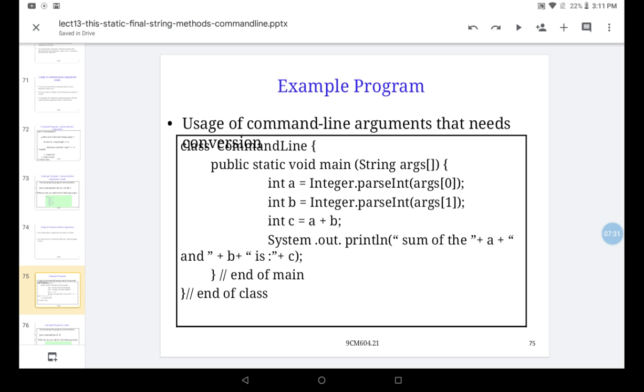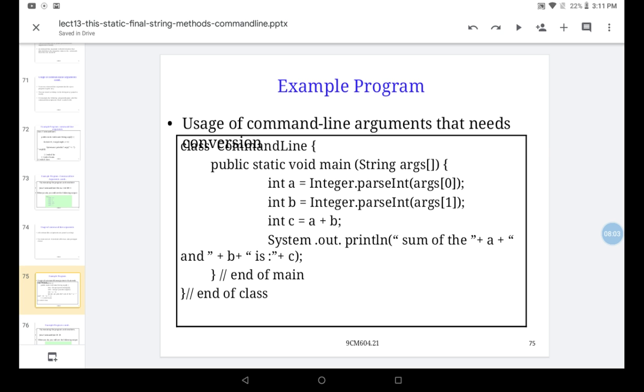We are passing integer dot parseInt of arguments of 0, and that is stored as A. Whatever we pass as the first element is converted and assigned to A. Arguments 1 is assigned to B. C is equal to A plus B.